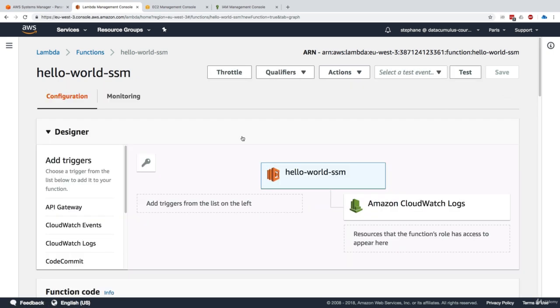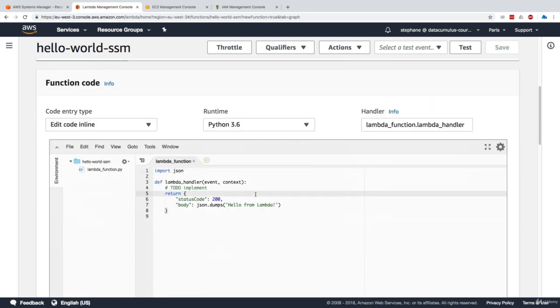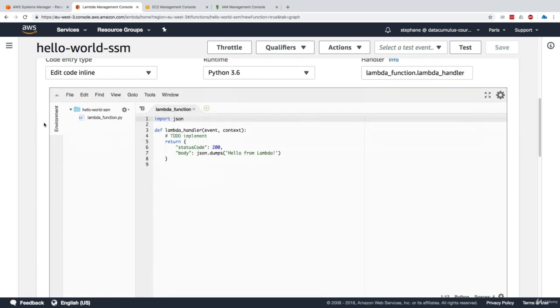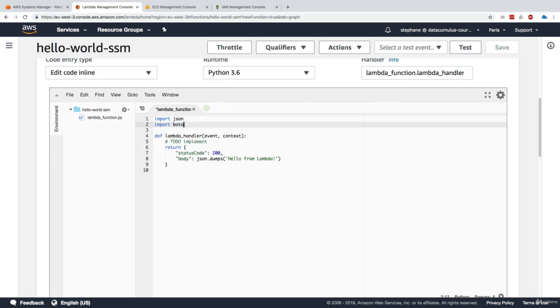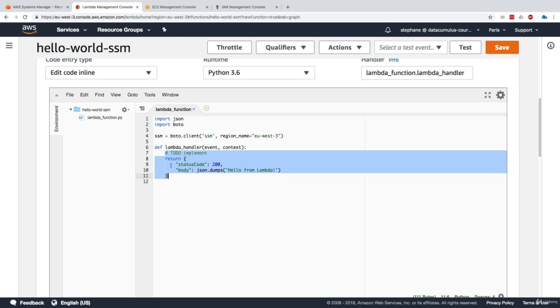Now I'll close this. And so what I have to do now is to write a bit of code. So because this is AWS, we'll do import Boto, and this will allow us to use Boto to call the SDK. Now I'll say SSM is equal to Boto.client. The name of the client is SSM, and the region name is equal to, and this is up to you to put whatever you want. For me, it's EU West 3 because I'm in the Paris region. Okay, so we have our SSM client, and as you can see, it is defined outside of our Lambda function, obviously.